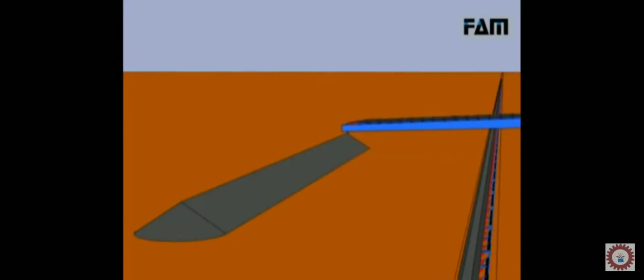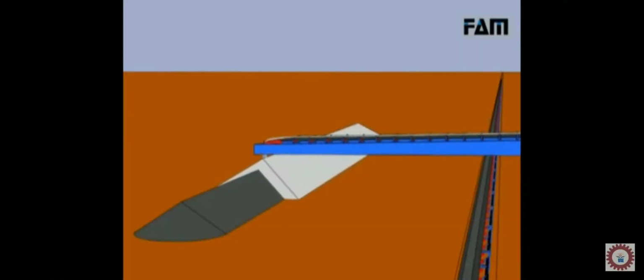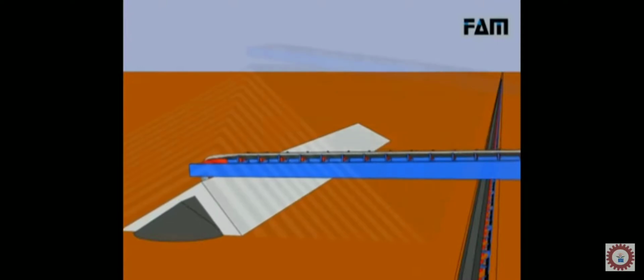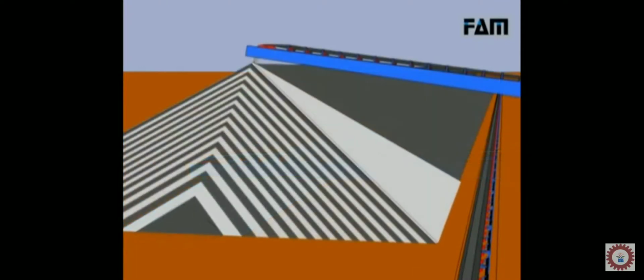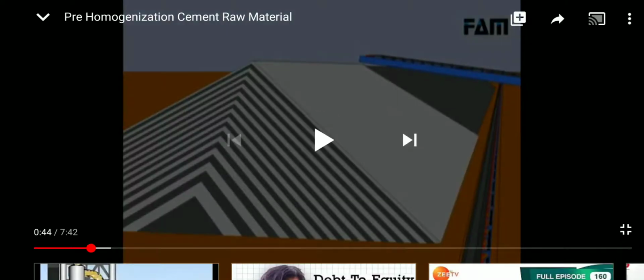So this is the stockpile in longitudinal direction. It is being poured from a belt conveyor. You can understand this is a chevron type of stockpiling, one layer above the other.